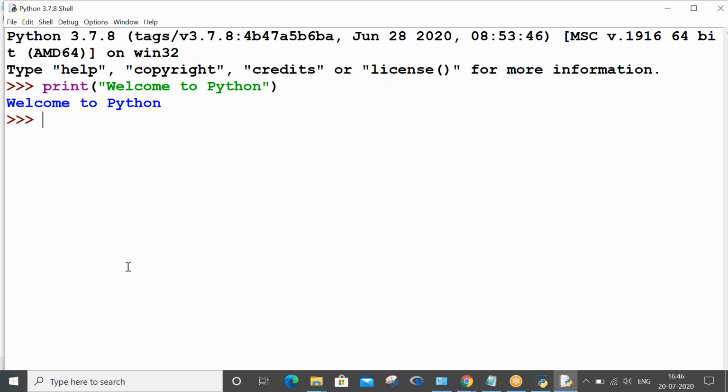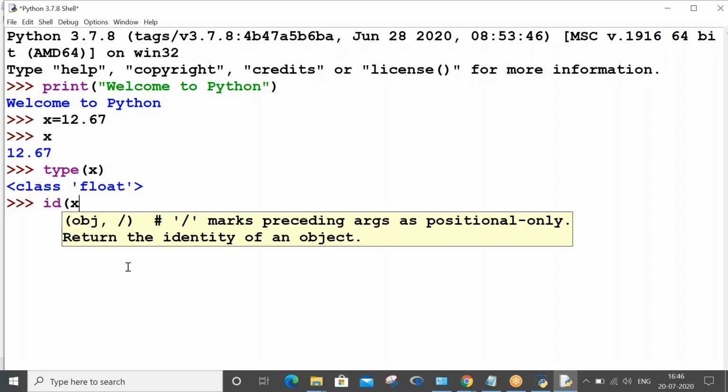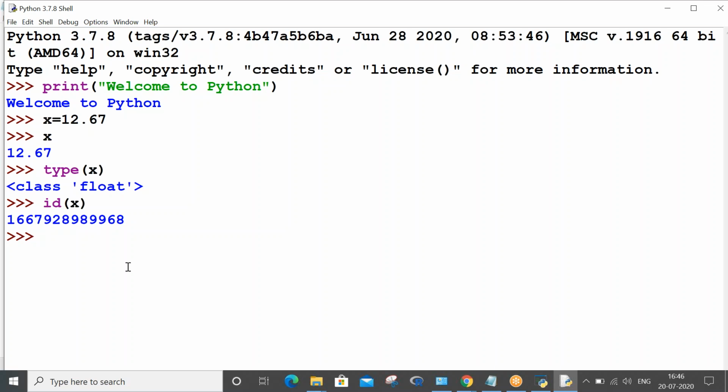The moment you hit enter, again it gives the answer. x equals 12.67. When you type x, it automatically displays the answer. When you type type of x, it gives what class variable x is, and when you type id of x, it gives the address of variable x.